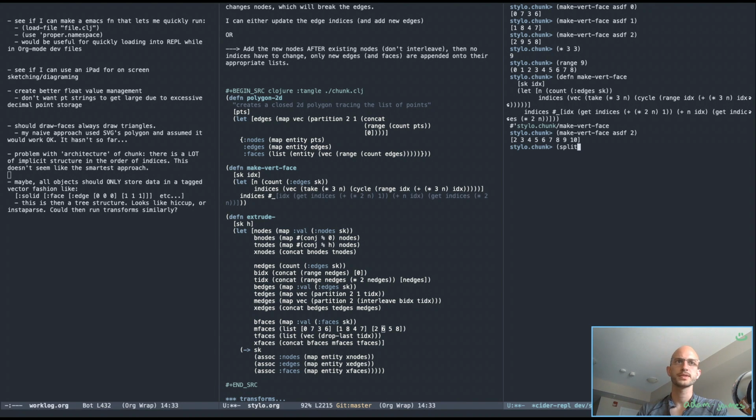Can you split a list? That's a string thing. Subvec. Ooh, okay. Well, let's subvec start, and the vector here would be 0, 1, 2, 3, 4, 5, 6, 7, 8. Those are all the indices of an extruded triangle. All the indices of the edges of an extruded triangle. Crazy confusing. Then